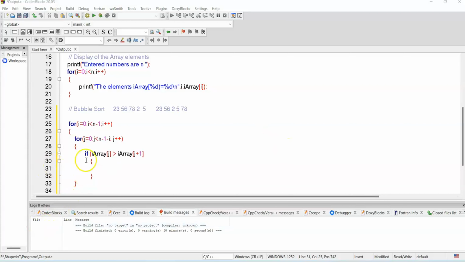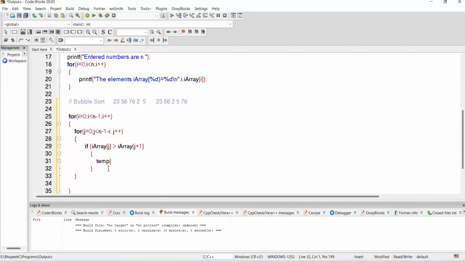Okay, so you have understood. So I'm shifting the last element, right? So if you can see, is this greater than this or not? If it is, then I take a temporary variable temp, and equal to,